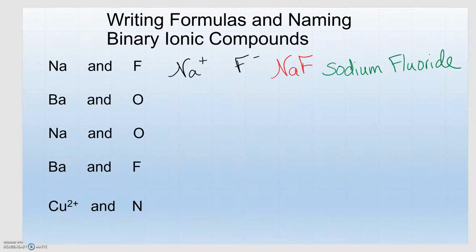So here's just some examples. We can write a formula and then name these compounds. Again, it'd be useful to have that chart handy with the common ions. If I looked at that, I would see my sodium ion is +1, and the fluoride is -1. So I can just combine these together and they'll be neutral. There's 1 plus, 1 minus. So the formula is just NaF, no subscripts, and this is named